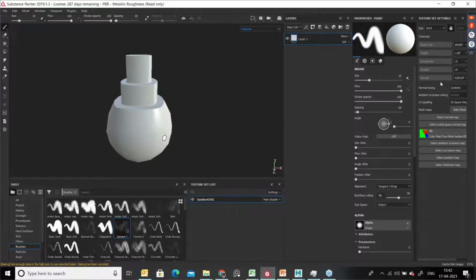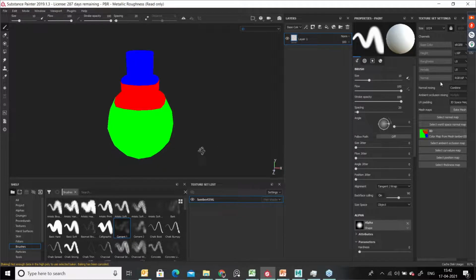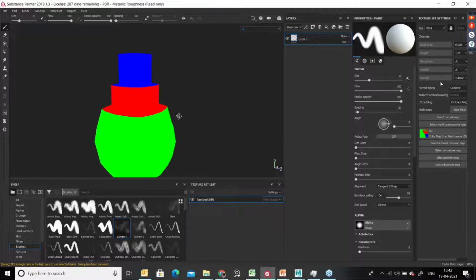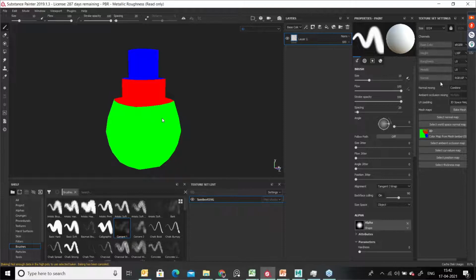Okay. Once it's done, you can just go here and choose this ID map. See here, it's coming now. So that ID map color information is transferred to our model. Now what we have to do is apply the texture. When we apply the texture, based on the ID map, we can apply textures. How it is possible, you can just watch now.